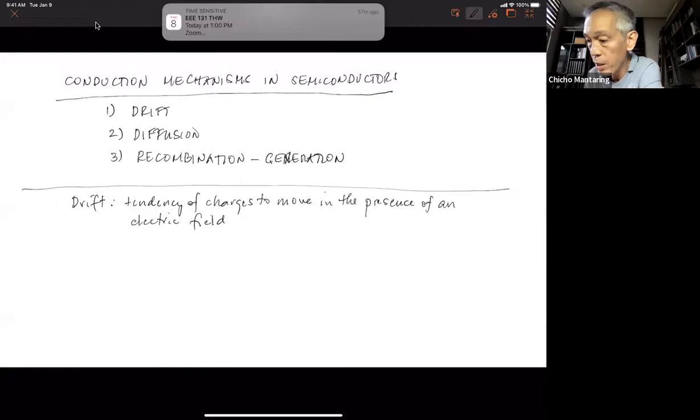If I have an electric field in this direction, then my electron will tend to move this way, and then I'll call it a hole. My hole will tend to move that way. I already told you, it's not actually your hole moving, but these are electrons moving, creating new holes. But the net effect is like your hole is moving. And then the velocity of movement